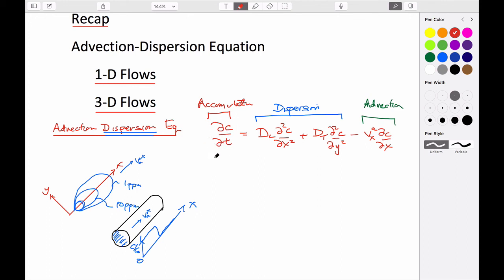The balance between what comes in and doesn't go out by either of these two transport mechanisms has to accumulate. And so if we were to draw exactly what this would look like, then this would be